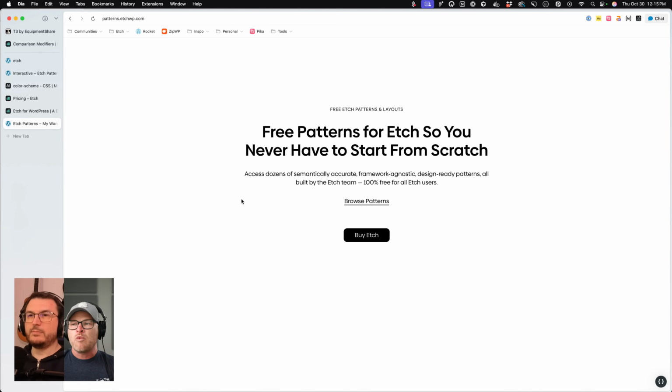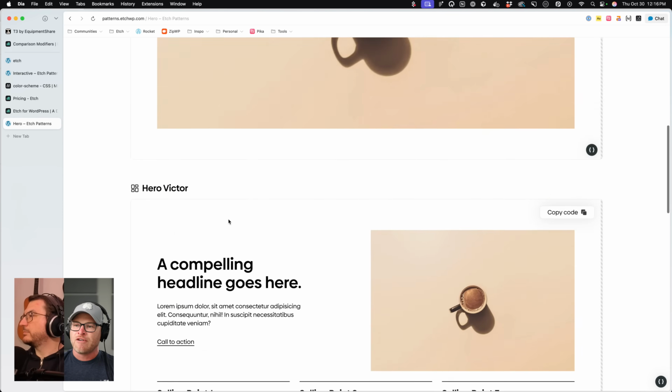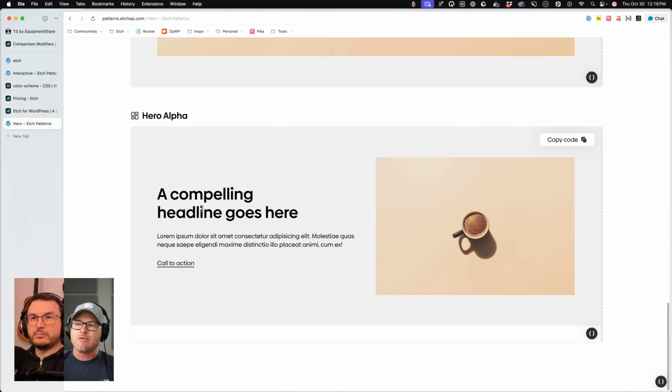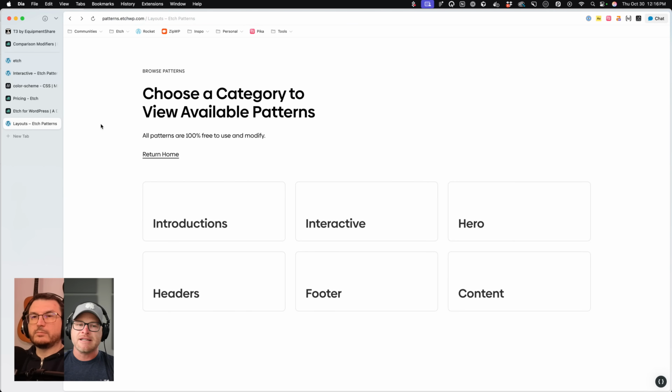Because we want to have free ones that are just for anybody who comes into the Etch ecosystem. They're like, hey, I need to get started. I want to do some basic stuff. I want to see how stuff works. Okay, they can throw some free patterns in there. But then the pro patterns are behind a paywall, and you would be able to use essentially your frames license to just unlock those. The ones that I've built so far are from the frames library, right? These are from frames. They're just more of the basic ones, right? And then we would lock the pro ones away behind a license key.